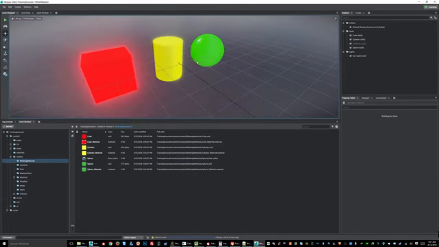So you can apply this to pretty much anything on a material. And it'll give you a good foundation for the material system in general. So without further ado, let's jump into this. So as you can see here, we have three different